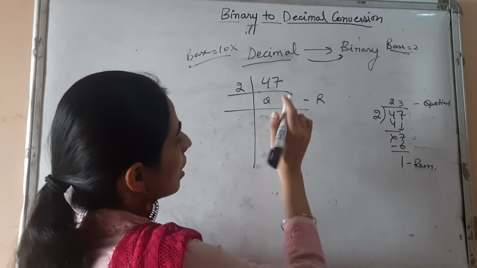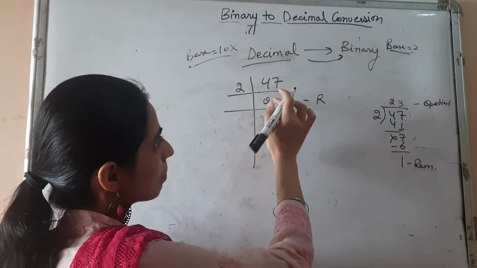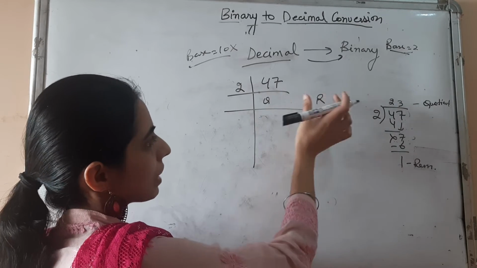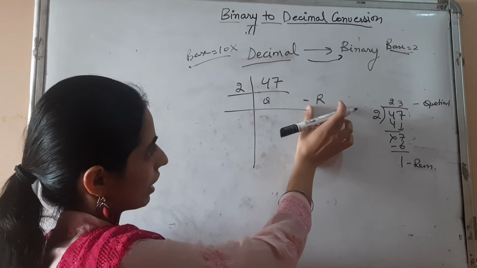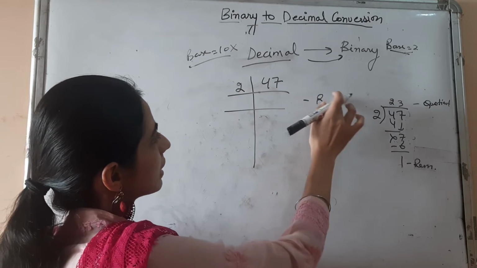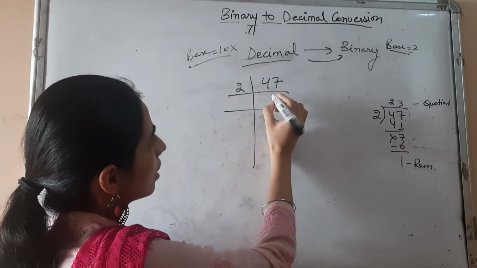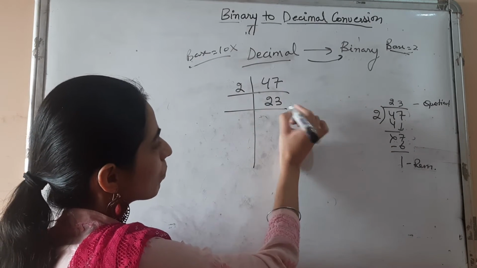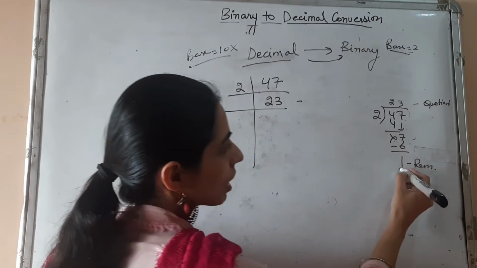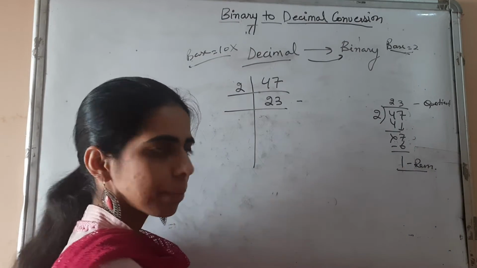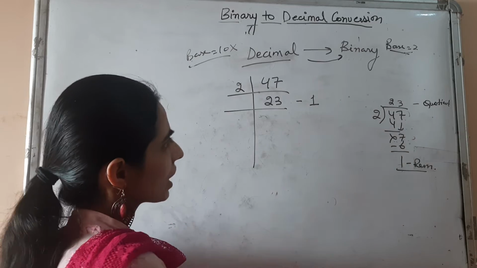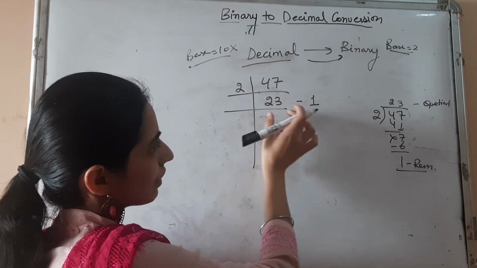Please have a look here. You will write the quotient in the center just below this number and you will write the remainder in front, okay? Just before it, right? So I'm just rubbing it. Let's write the quotient here. Our quotient is 23 and in front of it you will write your remainder. How much remainder did we get here? We have got 1. Okay, so I've written the remainder here. I've written the quotient here.